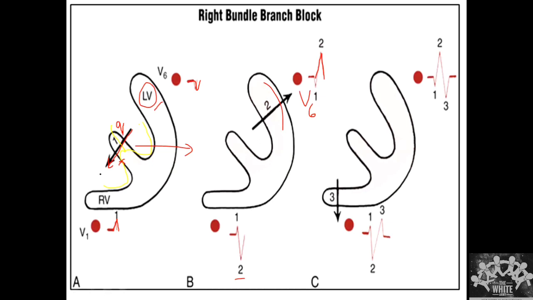Then what happens? Simultaneously, you should have activated this, but we can't activate the right bundle branch. So at that time, from the muscle, this is the way it is going to activate. The next activity is going to be directed in this direction, as depicted here. If this is the direction of activation, then from here you get a negative wave and a positive wave in V1. So you get first a positive wave, followed by a negative wave, and then a positive wave.